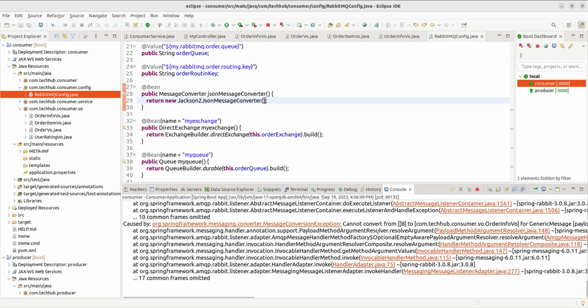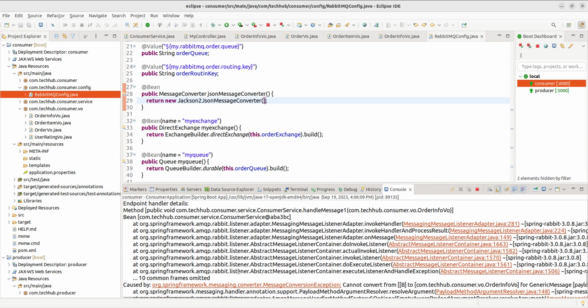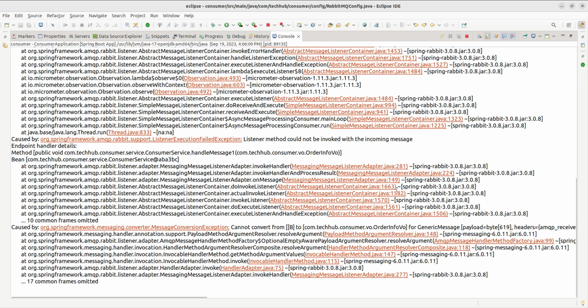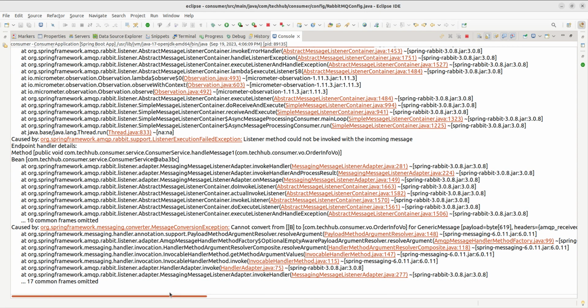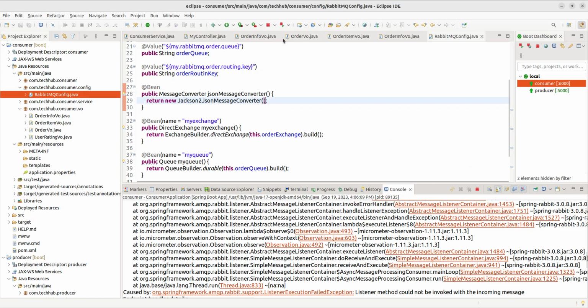Still cannot convert from B, some problem came. Okay, yes. So the problem now is that the serialization and deserialization process is totally different. From the source side you are using Java serialization, but at the receiving side you are using something different, so